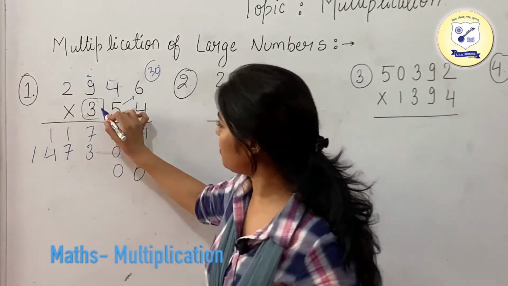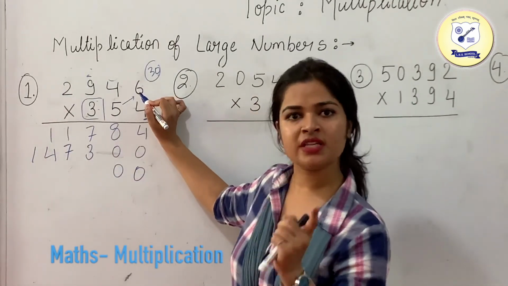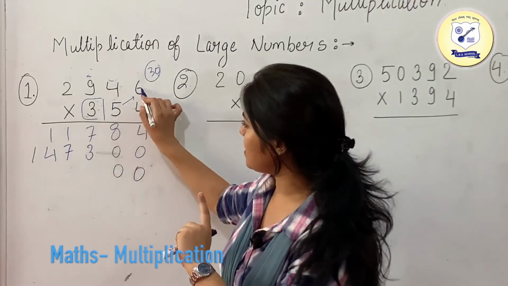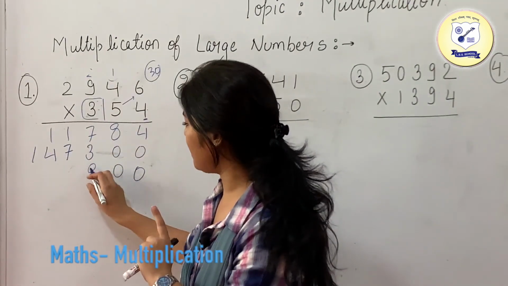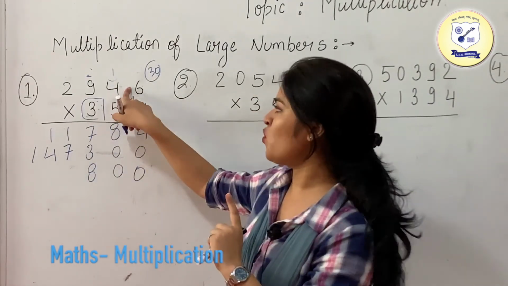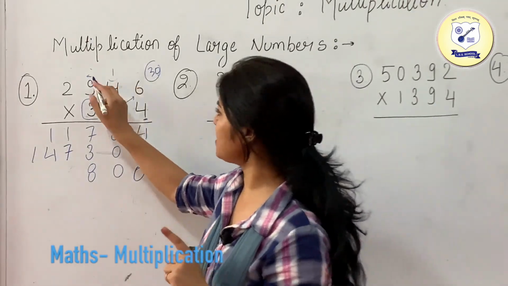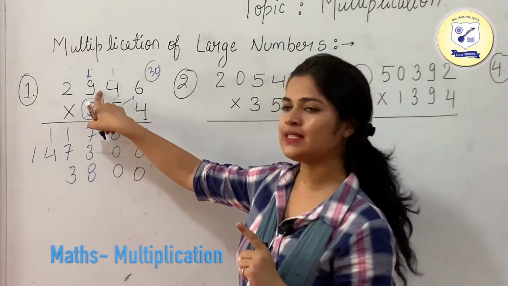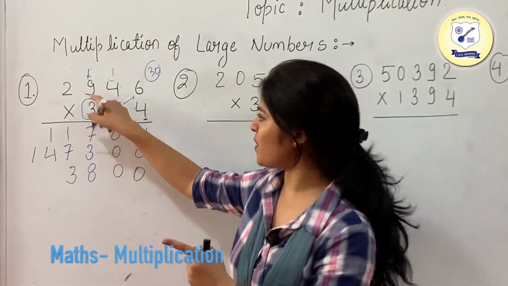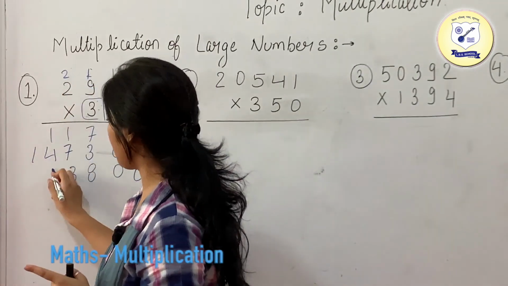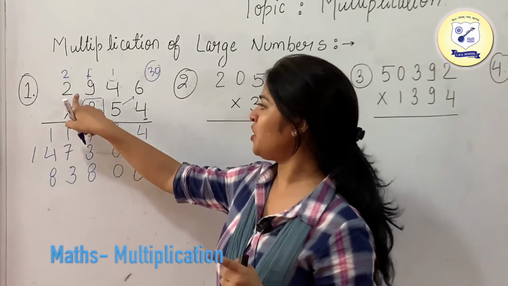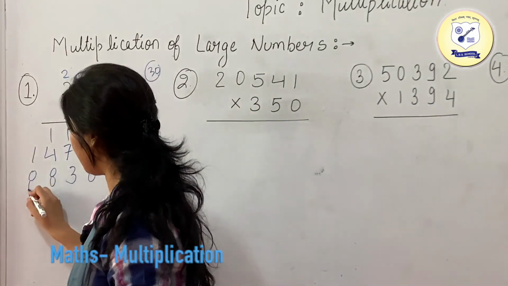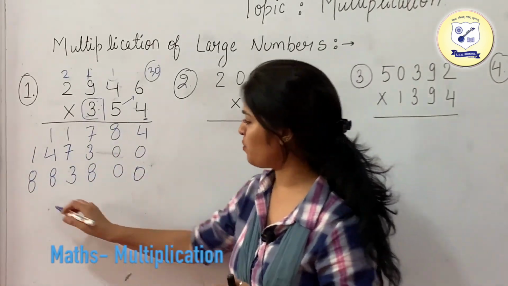So this is going to be 3 6s. We always multiply with the first number only. Okay, so this is going to be 3 6s are 18. Just put 1 over here and 8 in your answer. 3 4s are 12. 12 plus 1 is 13. Just put 1 over here and 3 in your answer. 3 9s are 27. 27 plus 1 is 28. So just put 2 over here and 8 in your answer. 3 2s are 6. 6 plus 2 is 8. So just write 8.